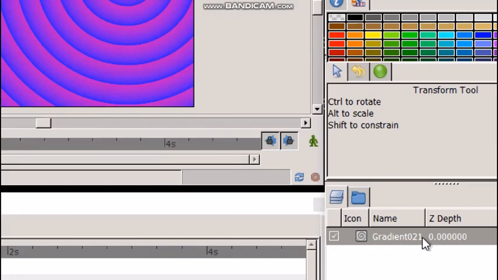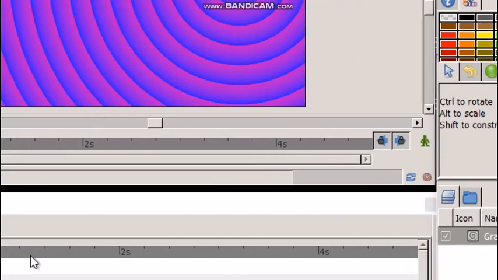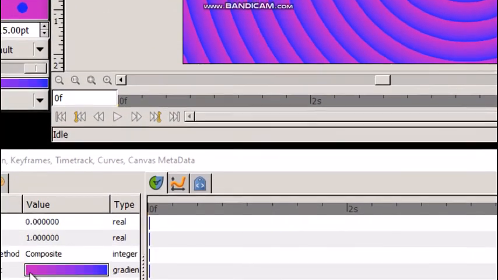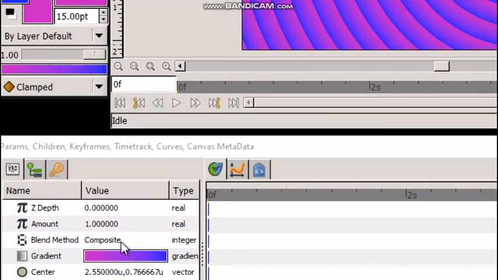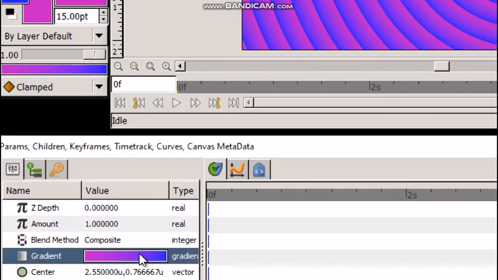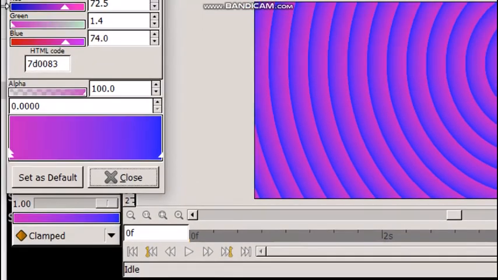A layer is created in the layers panel. To change the color of the gradient, from the gradient option in the parameters panel, select it, double click. Now choose the colors.